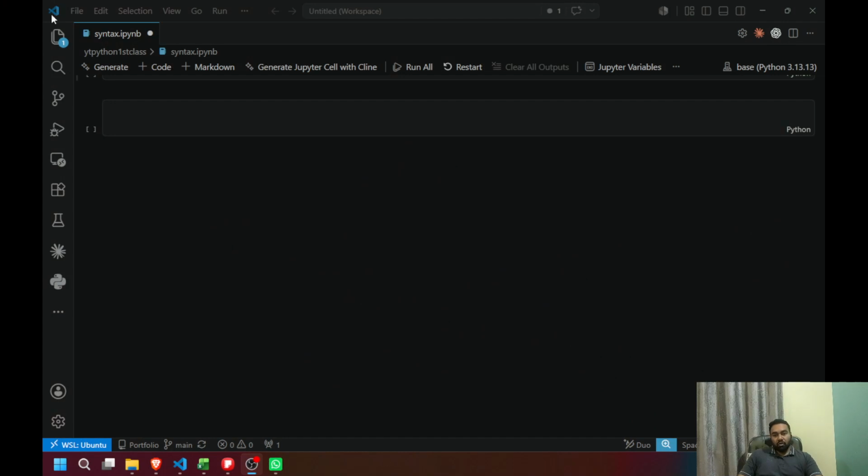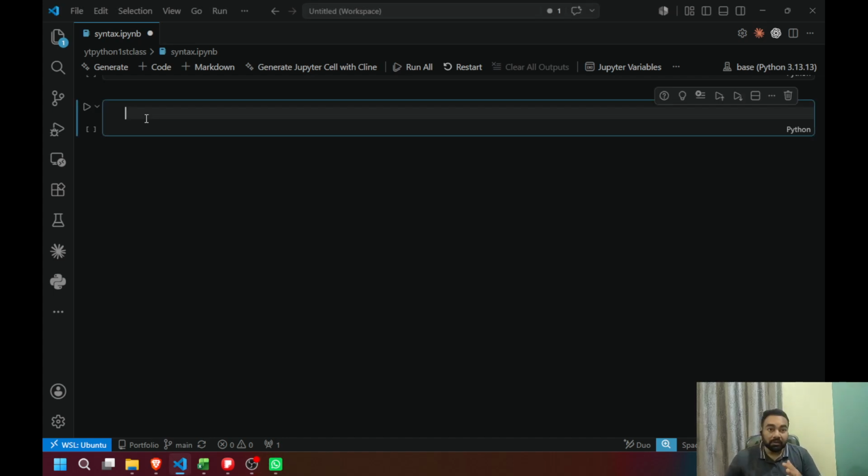So let me share my screen first and show what syntax actually means. Then we will see some indentation errors, and then we will talk about spaces. I have created this syntax.ipynb file in my folder, which I have already shown in previous classes how you can create. First I will again start with a simple print